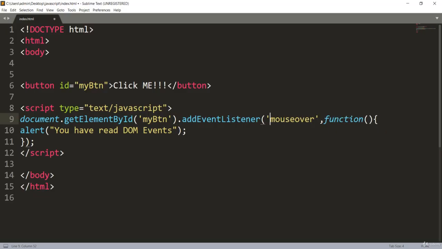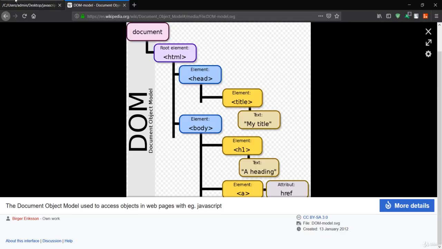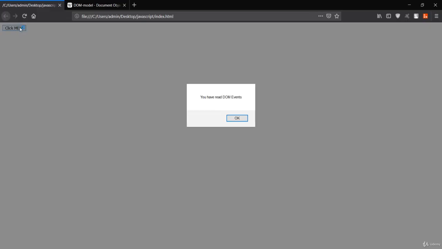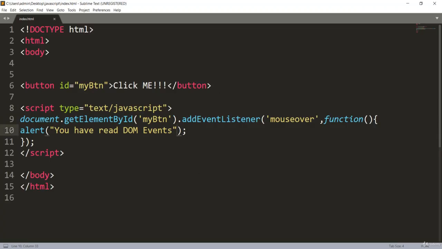I think the "on" was only for the attribute. If I save this, it must work. Let me refresh, and when I hover the mouse over this button, you just get "You have read DOM events," which is the method that gives us the alert.